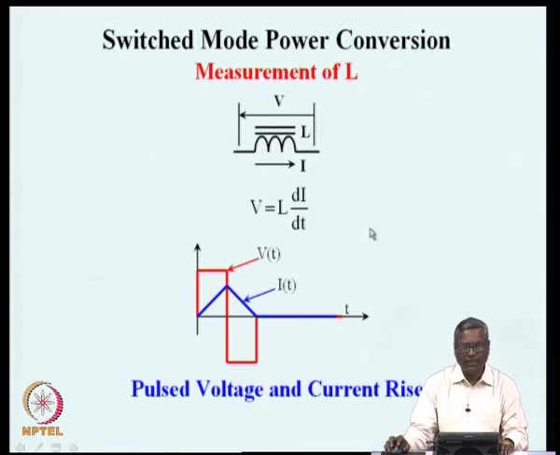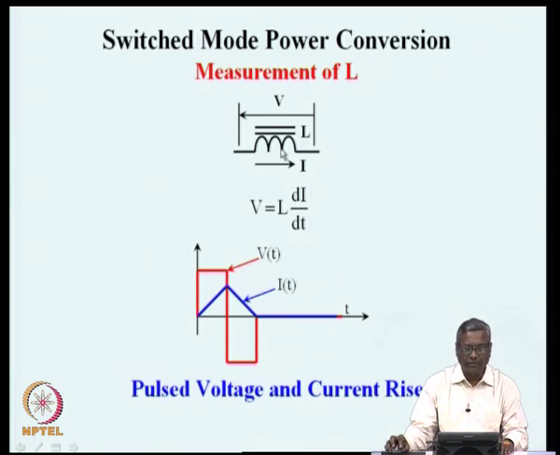How do we measure the inductor? In this particular case, it is possible to make measurements. After having built the inductor, one could measure it by exploiting the same relationship that we know. The inductor is defined by the relationship between voltage and the current through it: V is equal to L multiplied by di by dt. So, if we can set up a circuit to apply a certain voltage, a